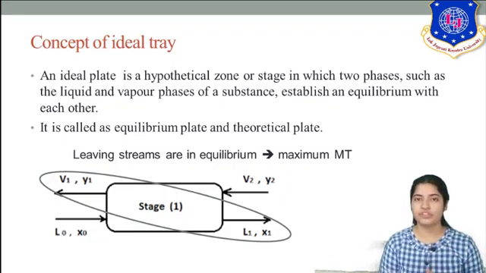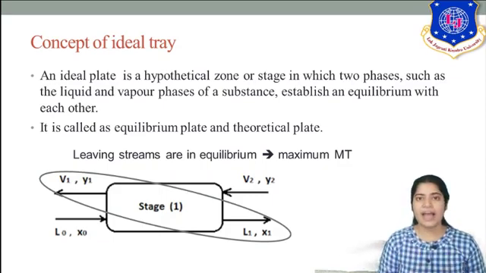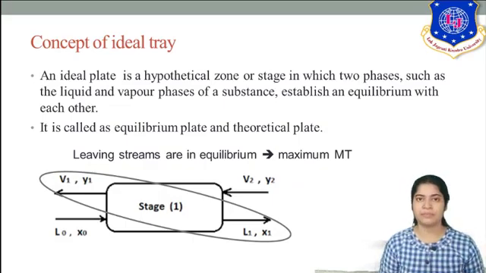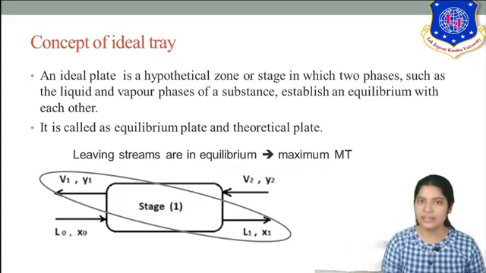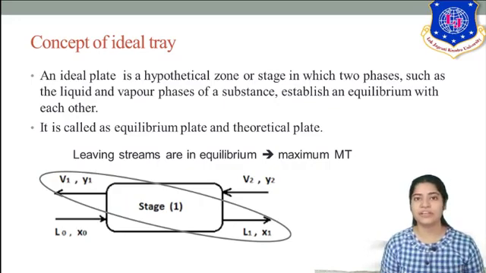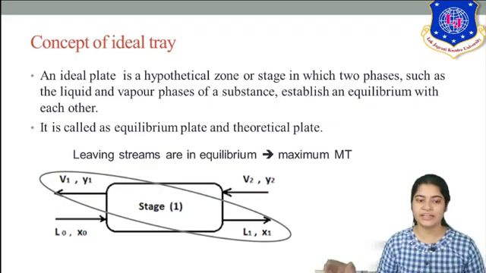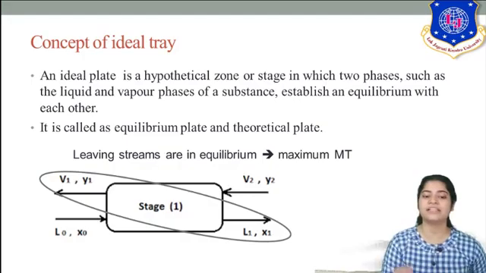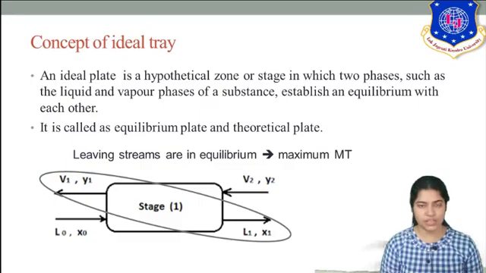So the important point which you have to remember even for solving questions is just learn this by heart, that in ideal stage, once they are contacting each other, mass transfer is taking place. So the leaving streams are always in equilibrium. Here you can see that in stage 1, L0 and V2 are entering, but V1 and L1 are leaving. So the Y1 and X1 are always in equilibrium. That is the condition of your ideal tray. When they have reached equilibrium, it means that is the maximum limit of mass transfer. So your ideal tray is what? Leaving streams are always in equilibrium.